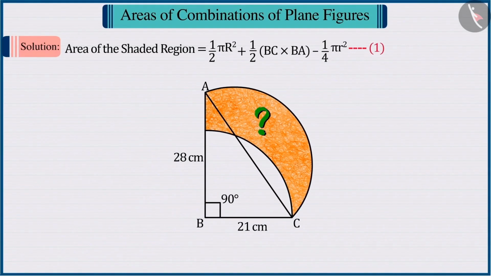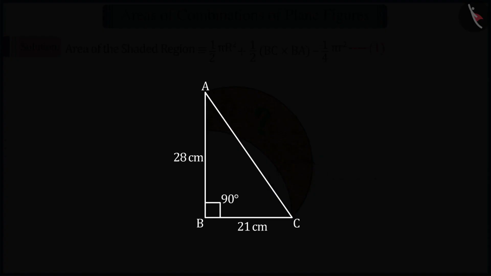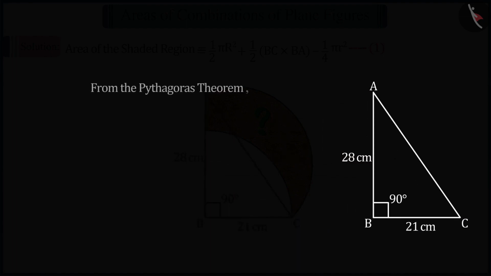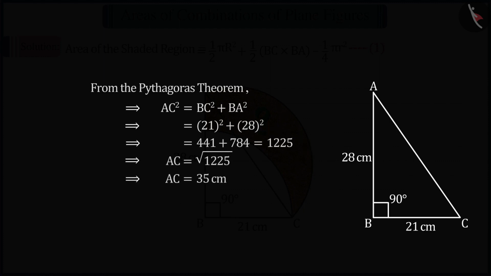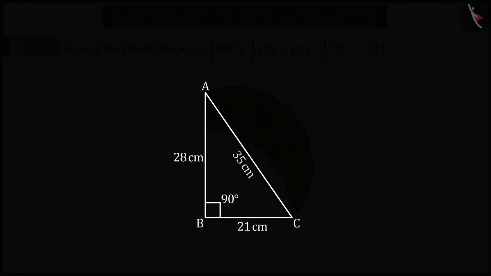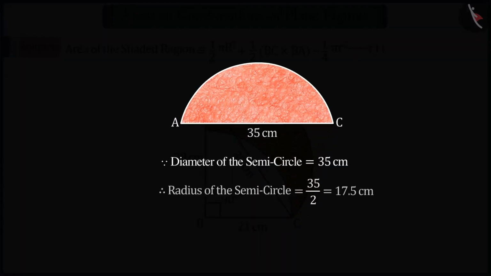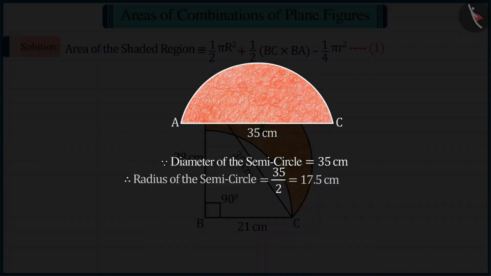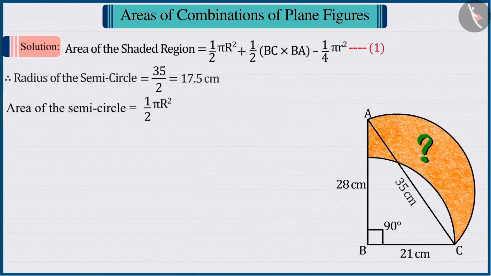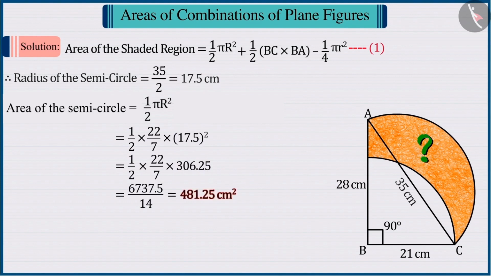Looking at the figure carefully, we can say that the diameter AC of the semicircle is the hypotenuse of the right-angled triangle ABC. Therefore, using the Pythagoras theorem in the right-angled triangle ABC, we get the value of AC as 35 centimeters, which is the diameter of the semicircle. So, we can say that the radius of the semicircle is 17.5 centimeters. Substituting the value of the radius in the formula for calculating the area of a semicircle and solving, the area of the semicircle is obtained as